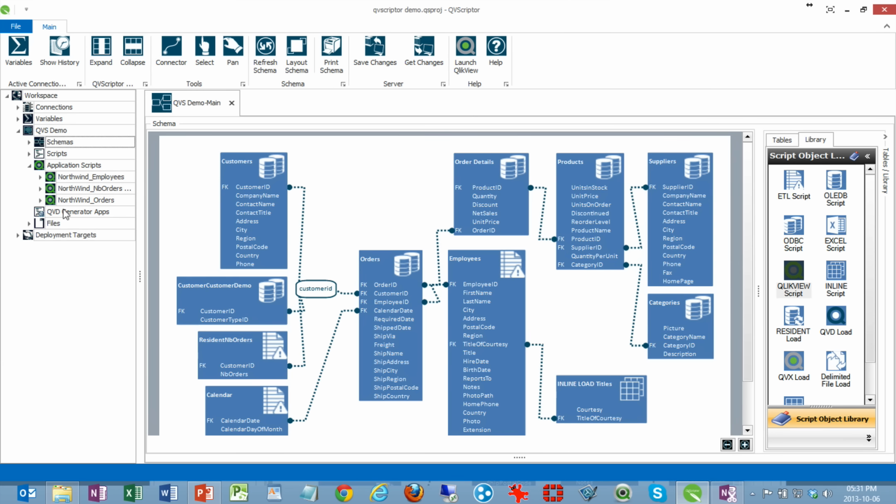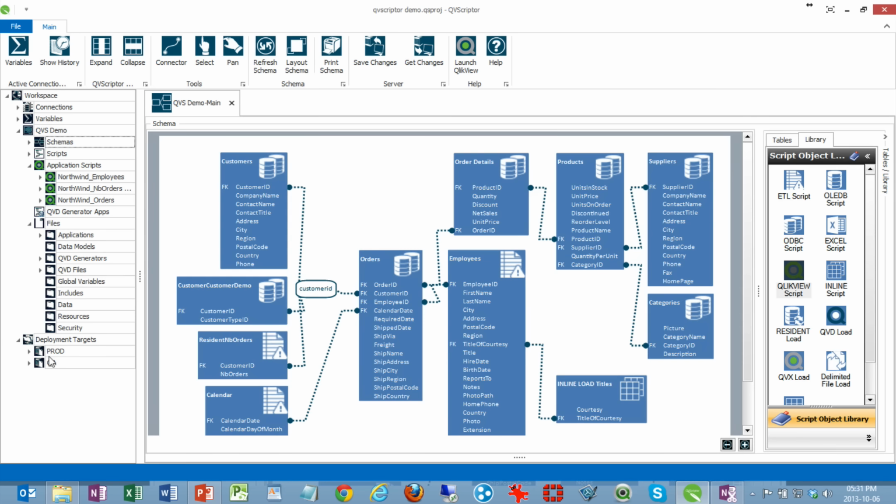If I had any QVD generators, they would show underneath there. And then I have a centralized files section where all the files related to a specific project is listed. Then my deployment target environment, so I have my production and QA environment